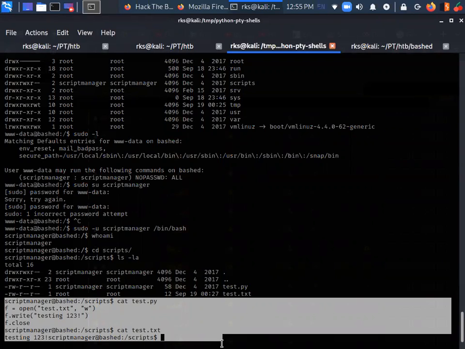But the catch here is that the test.txt file is showing the privileges as root. So what does that mean? That means that test.py must be running with root privileges.